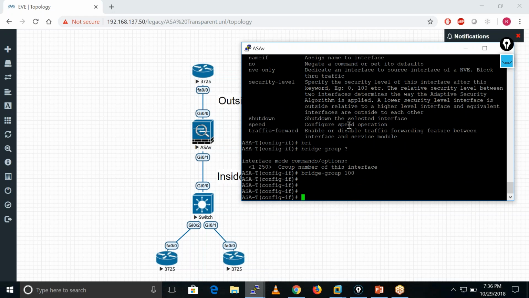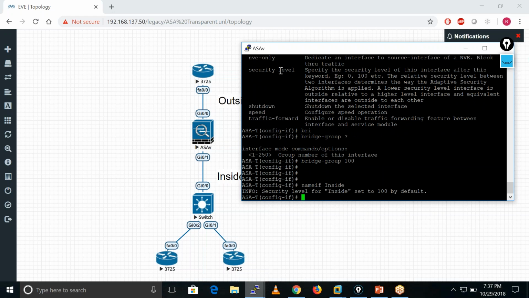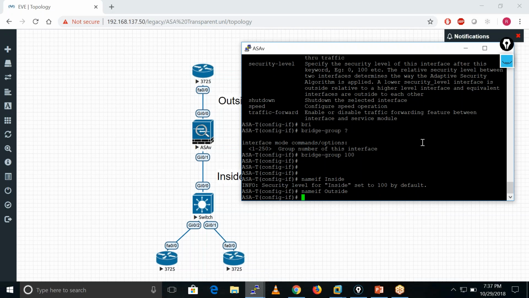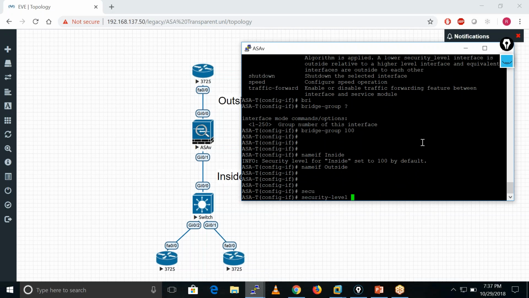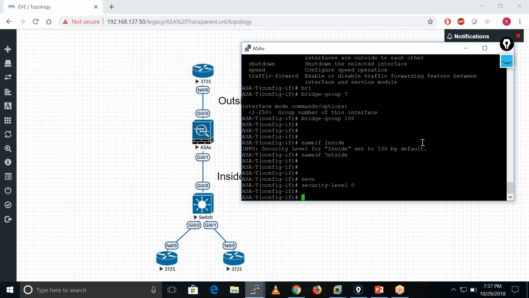Now my interface Ethernet 0/0 becomes a part of this bridge group, bridge group 100. After that we can define the nameif. Nameif is inside. It's not inside, it's outside. So let me change the nameif value to outside. I'll set the security level of outside as 0.